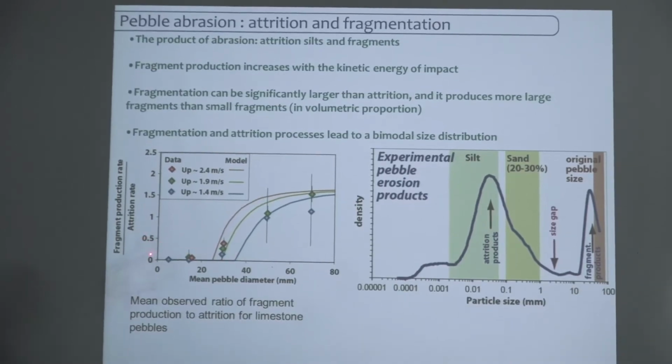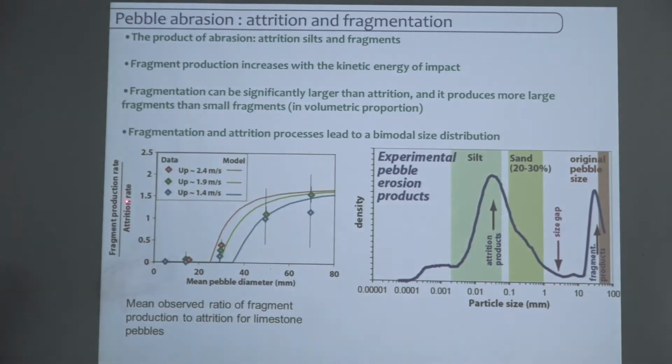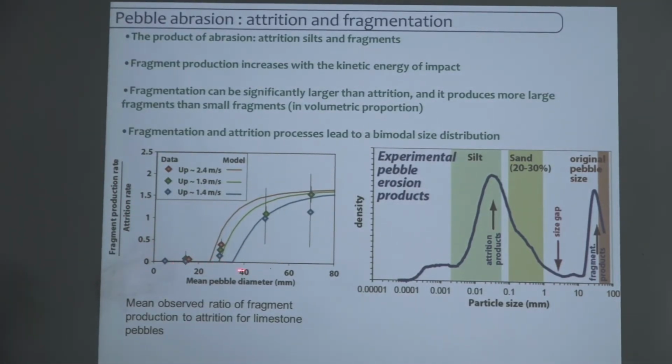If we look at the fragment production rate over the attrition rate, you see experimentally that if you have a large particle and a large velocity or pebble impact, there is more probability of getting fragmentation, and so the ratio of fragmentation over attrition or wear rate will be higher. So obviously, this transformation process depends on diameter and velocity. Otherwise, if we look just at the attrition product,